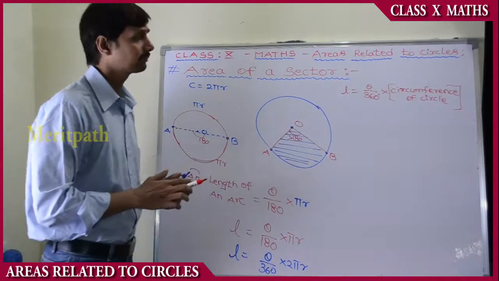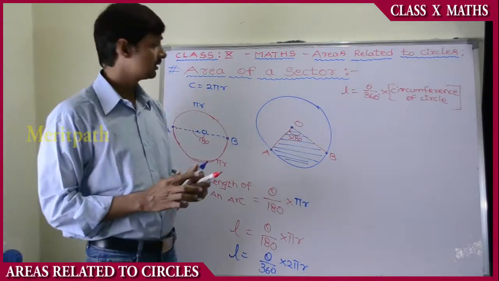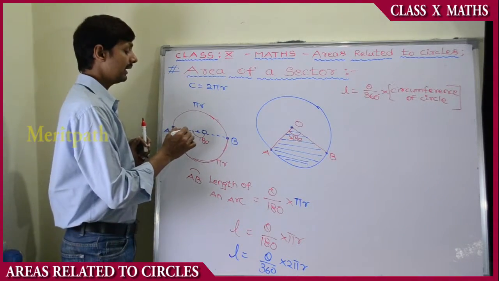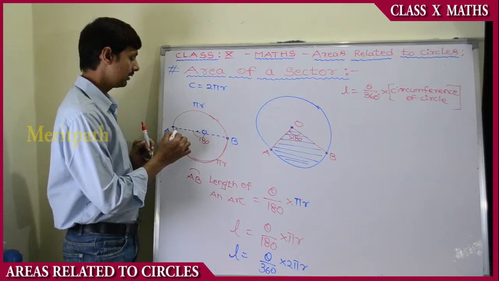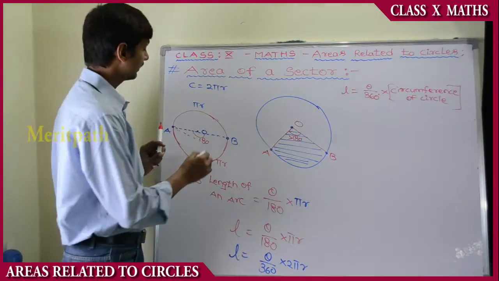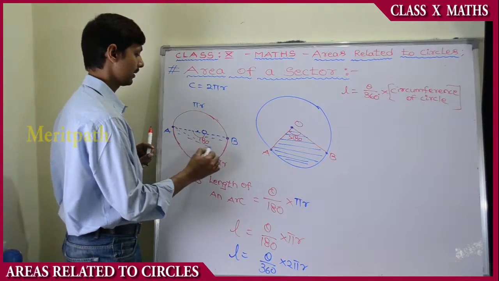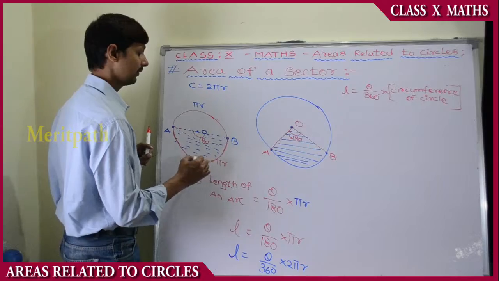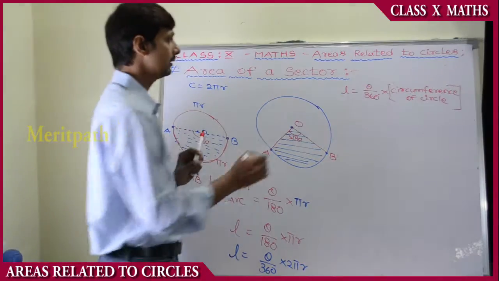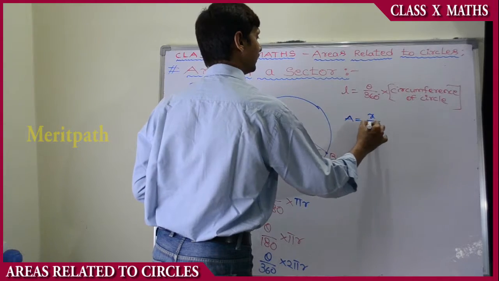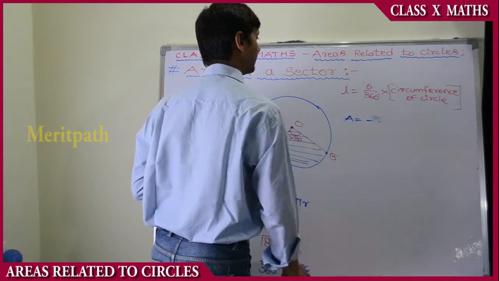So let's take, instead of the circumference of the circle, the area of a semicircle. We know that it's making that 180 degrees angle. Then this is the area of the semicircle. If you take the area of the semicircle, A is equal to theta by 360 degrees